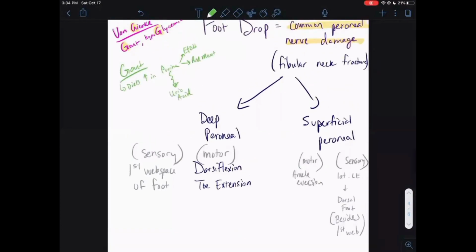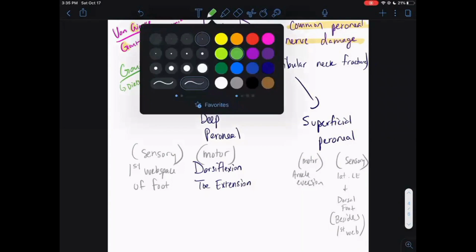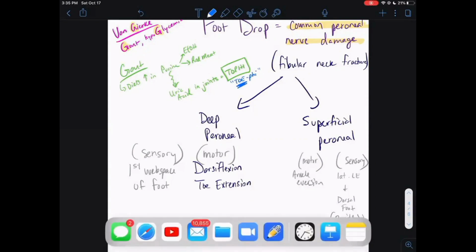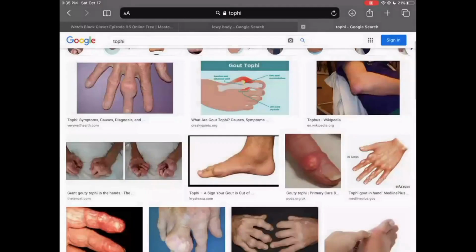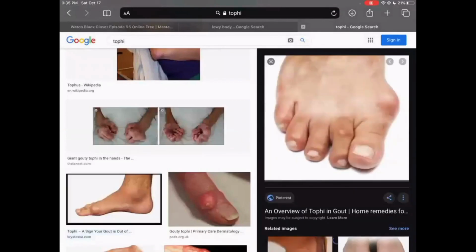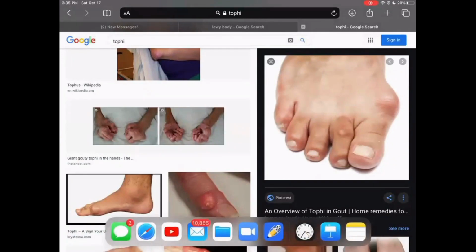If it goes to your joints, you can get tophi. And so tophi is a big buzzword for gout. And how I think about it, keep in mind, it doesn't have to be your toes, but I just think of tophi, because oftentimes you get an inflamed toe whenever the crystals deposit in your toes. Like if you look back to these pictures here, look at this. A lot of these are like, for example, here's your toe, so tophi. And you can just kind of keep this picture in your mind here anytime that you hear tophi.